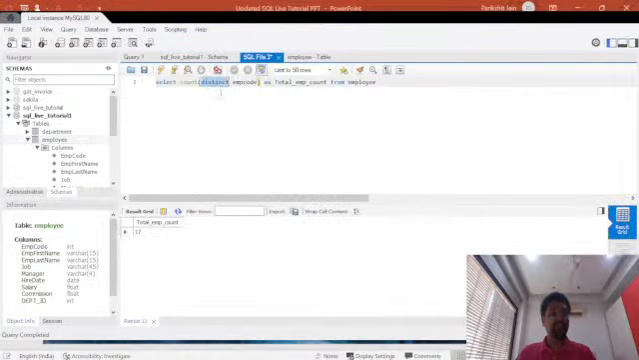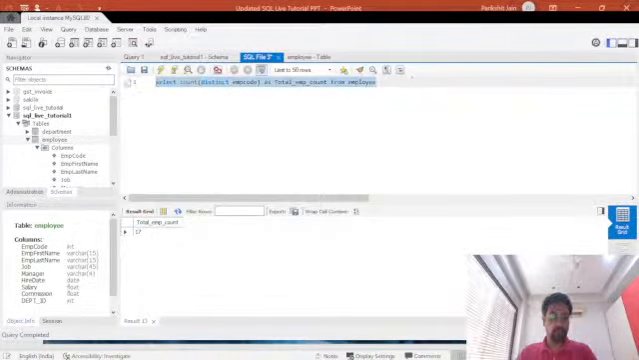So distinct will remove the duplicates and then give you the count. So in our case, this is a unique employee. Okay, so for example,